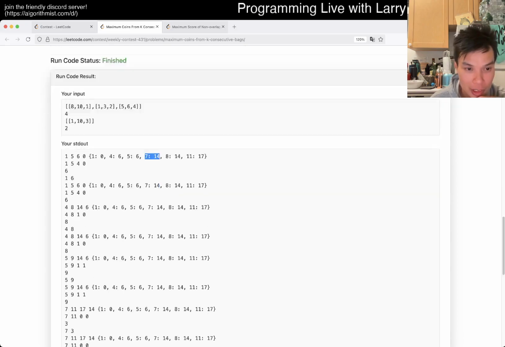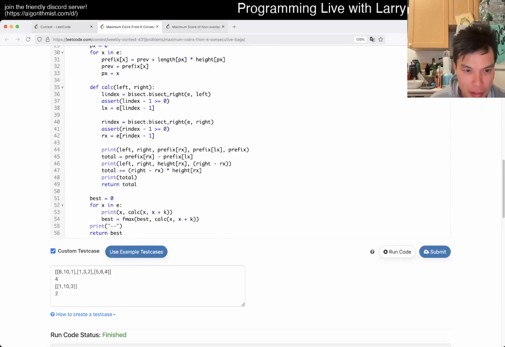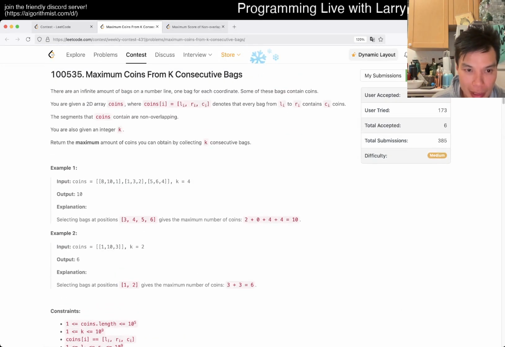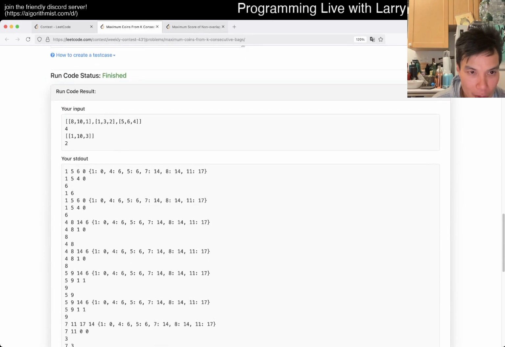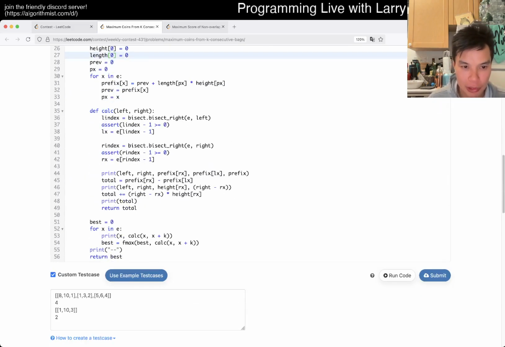Okay, so 6. So then we are undercounting, which is fine because that means that we have an opportunity to fix and not just a bug. 11 should be at index 3. So what is my index 3 saying? Oh, we don't start at index 3. That's why. I thought that it would be at the beginning of stuff, but clearly it can also end at 1. It's an important factor. Okay, so that means that we have to do something like